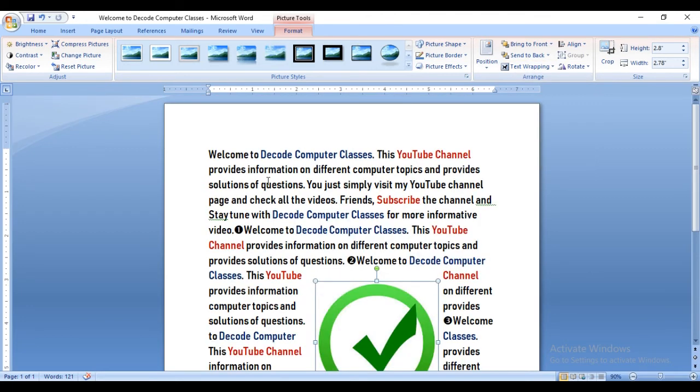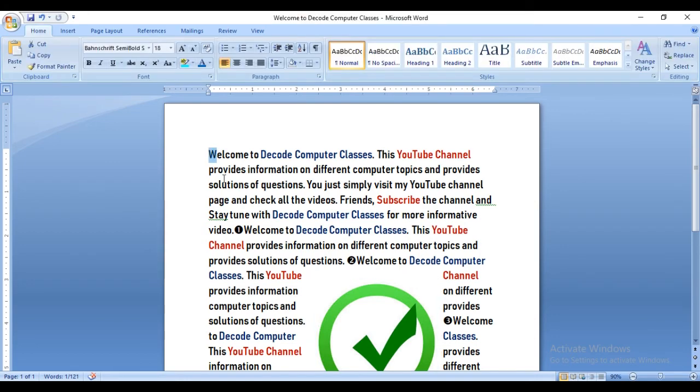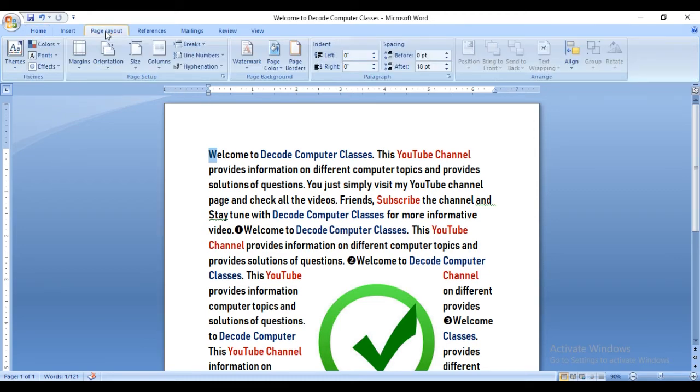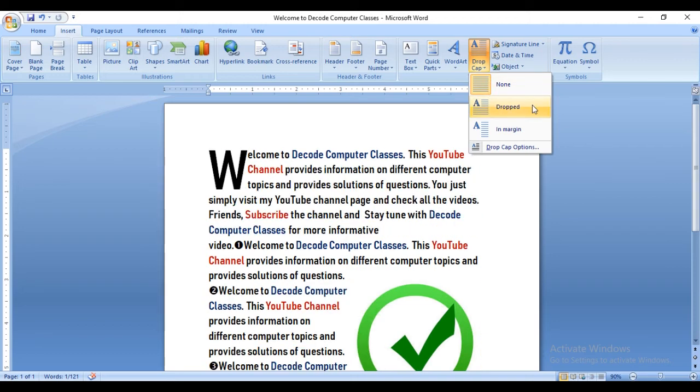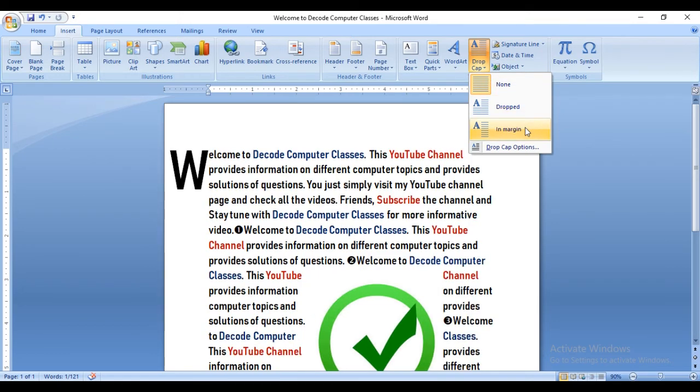And one more feature is there, the drop cap option. So what is that drop cap option? Let's see here. Suppose I have selected this first letter. Now go to the Insert tab, and here is a drop cap option. Let's see here, two types of drop cap: dropped and in margin.